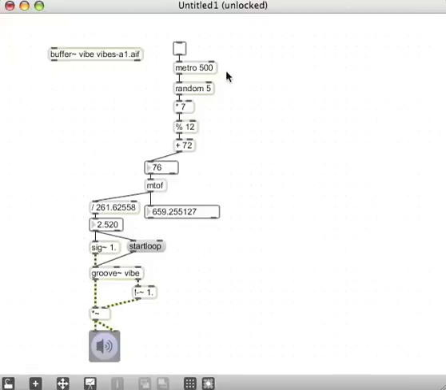So we're going to have, let's randomize these durations just for the fun of it. Let's have a new object up here, random 3, let's say. We'll have 3 different durations. We don't want any 0 durations, so we'll have +1 on there. And we're going to have the durations multiplied by 500. So you'll have durations of 500, 1,000, and